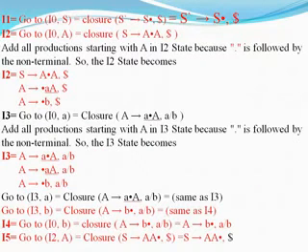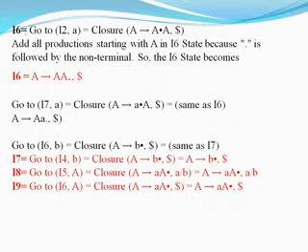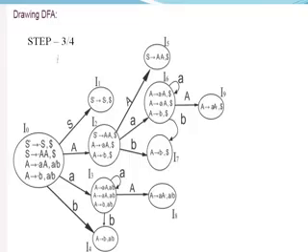Next, now I2 is also completed for me. After performing this operation, you can observe in the I5 state, after the dot, I do not have any input left. So my input is completed. So you can eliminate I2. Why? Because I2's task is completed. So what is the leftover task for me? I3 is incomplete. So I6 tends to go to I3 comma capital A. I am going to write, go to I2 comma capital A.